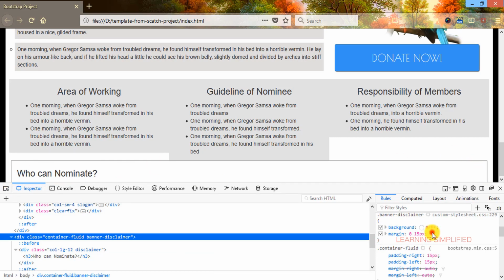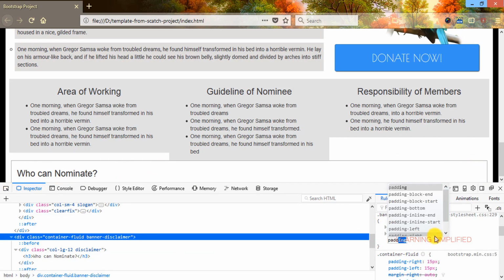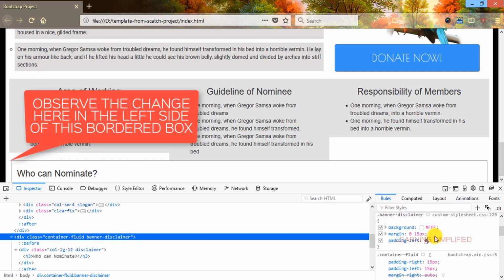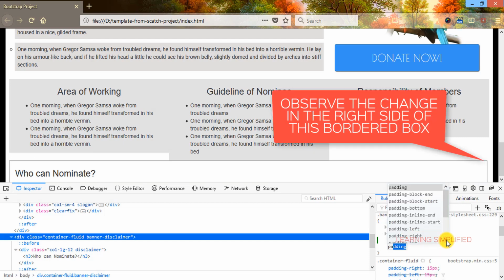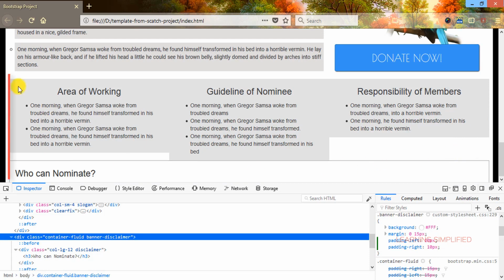So what is the alternate path? Now if we just write here padding left, it is now practically starting from the extreme left. So all we now need to do is change this value to 10 pixels. Now it is relatively okay. In the second case, we write here padding right in the same manner, and if we place 10 pixels here, this will be the same outcome. So both these parts are now aligning into a straight line from the sides.